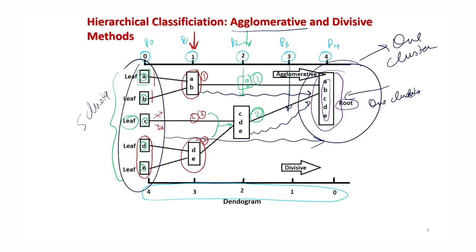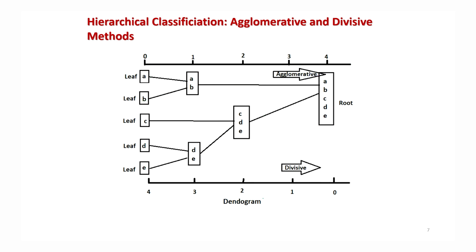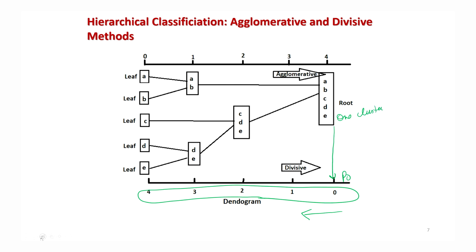So let us try to understand it from this clean graphic once again. Now if you look at this bottom, we are trying to indicate the divisive methods. It is just the opposite of the agglomerative method if you go in this direction. So at this P0 stage, you have only one cluster which contains all the units. Now we move forward and we try to measure the distance.